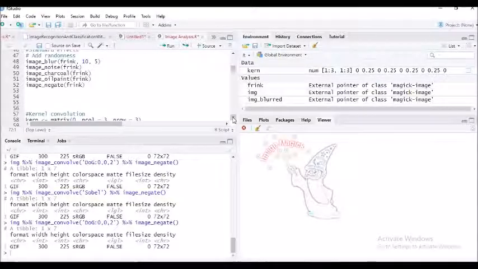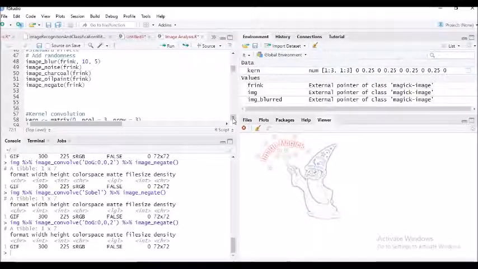We will see what we mean by that exactly. We are going to use the weighted neighborhood sum, which is defined in the kernel matrix. So let us first understand how a simple kernel appears.